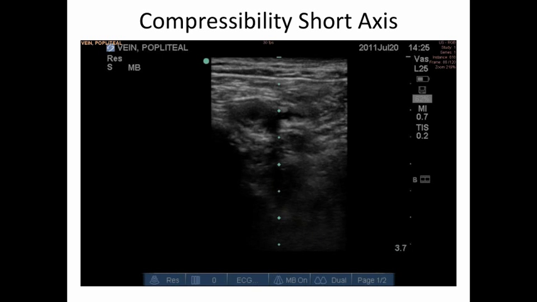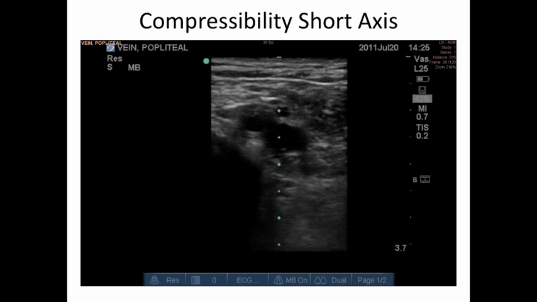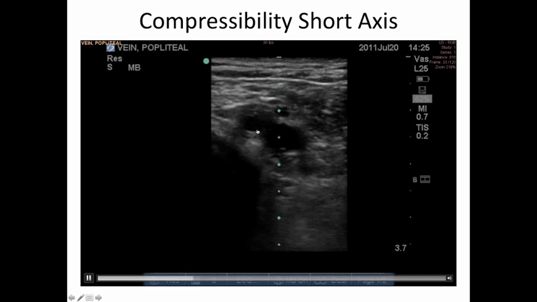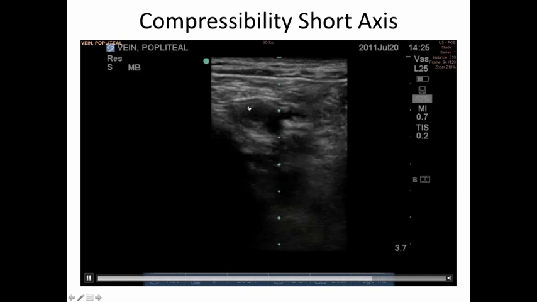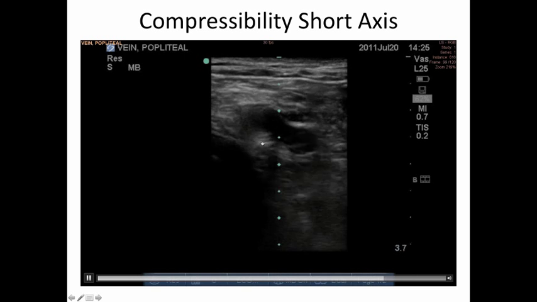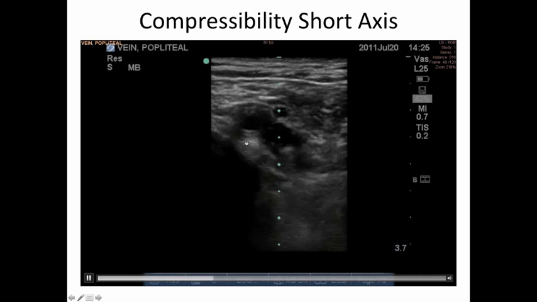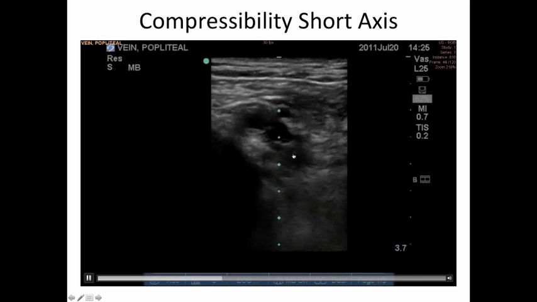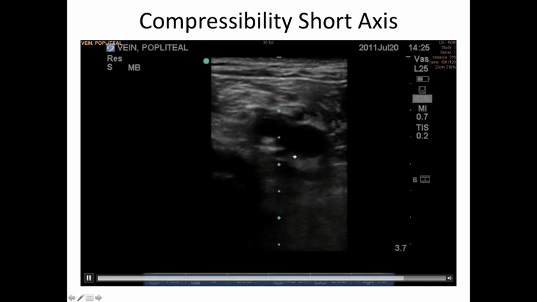This is how you would test for compressibility. So this is an example at the popliteal vein. You can see here that there's an artery pulsating round. The popliteal vein looks sort of ovoid in shape, which is classic for a vein versus an artery. Additionally, as you push down, you're able to compress it fully, which means that both sides of the wall should